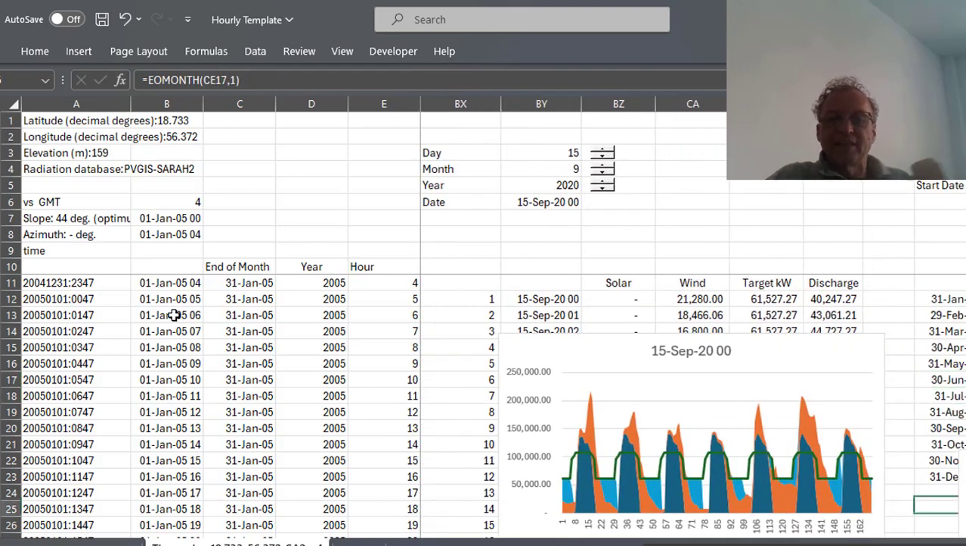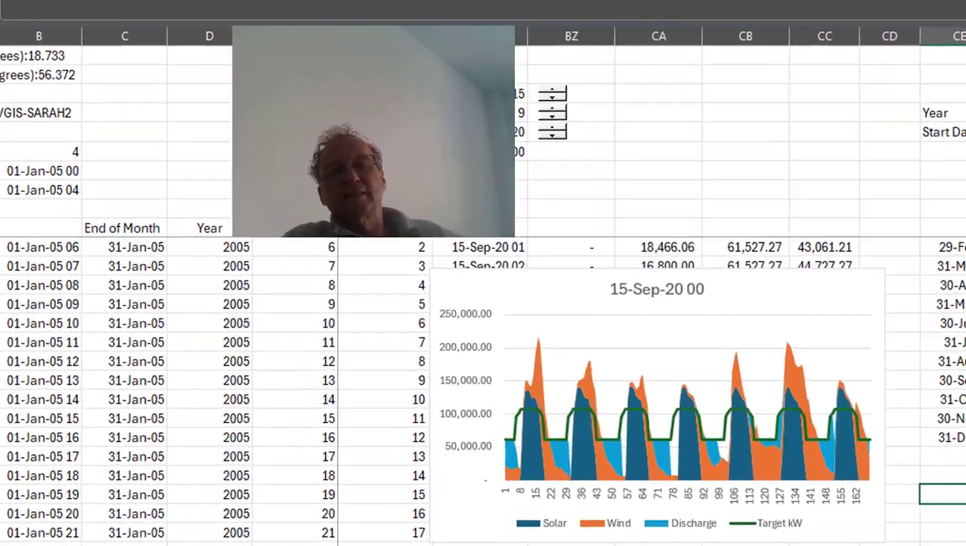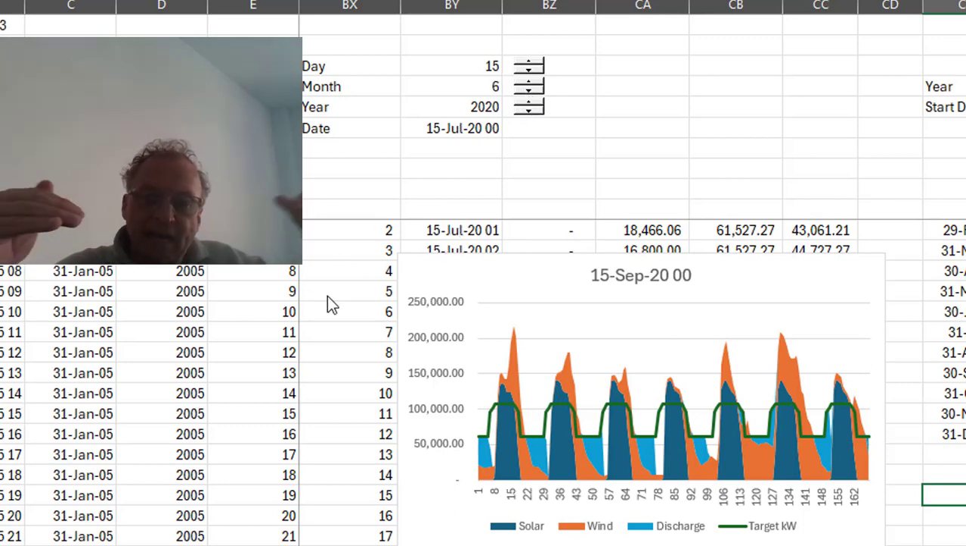Most importantly, we can look at different selected periods. Let's look at month 6. How's that? Let's try month 6. And we'll look at hour by hour. Now,